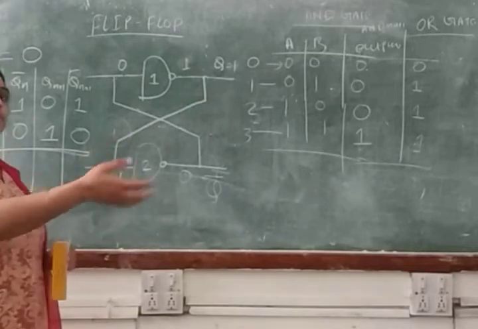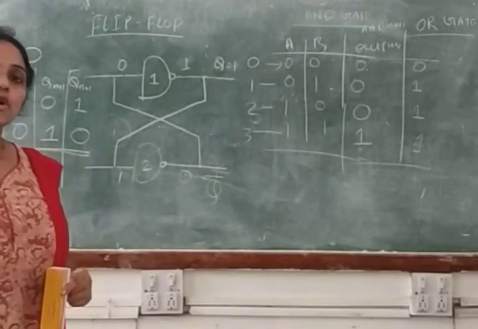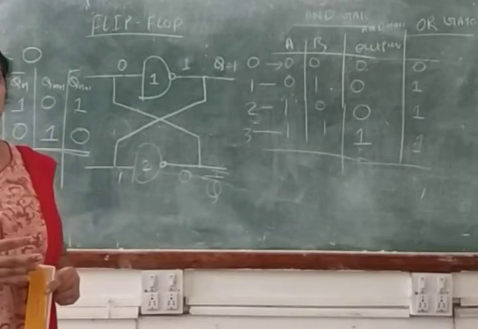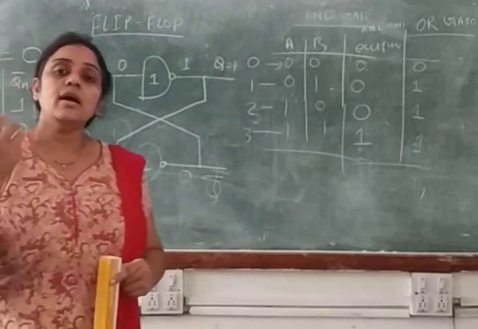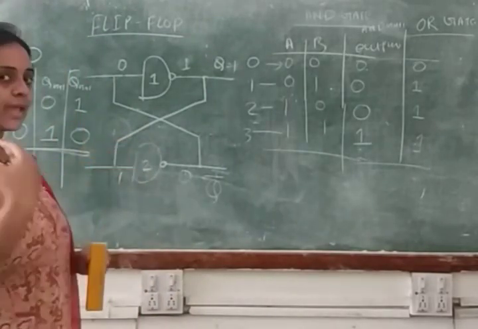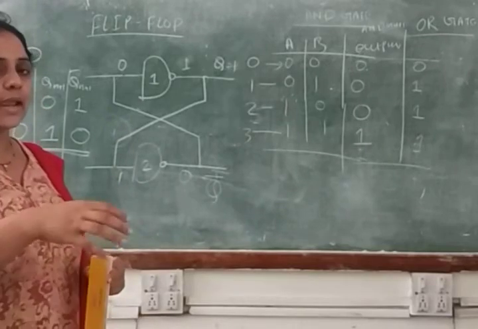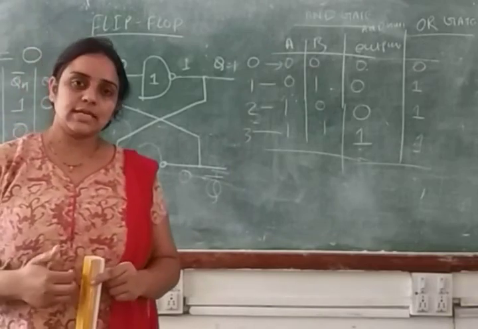So how do we overcome the disadvantage? This flip-flop has a disadvantage. We cannot provide desired input to that circuit. If we are not providing desired input to that circuit, that means we will not get the desired output. So how will we modify that circuit, how can we provide desired input to the circuit, and how will we get different types of output from the circuit? That thing we will discuss in the next session.